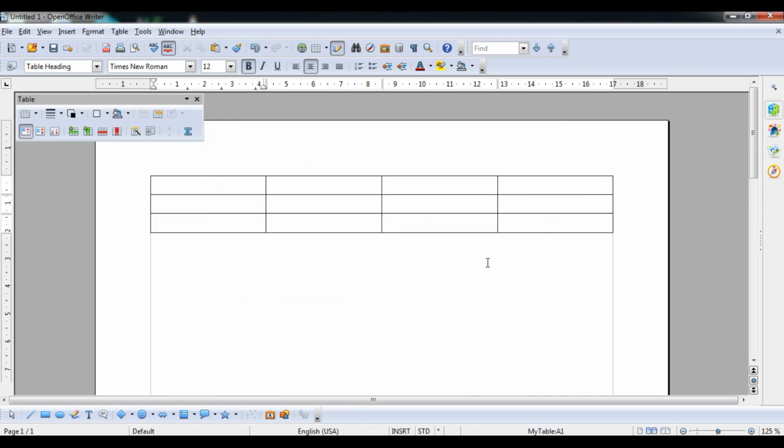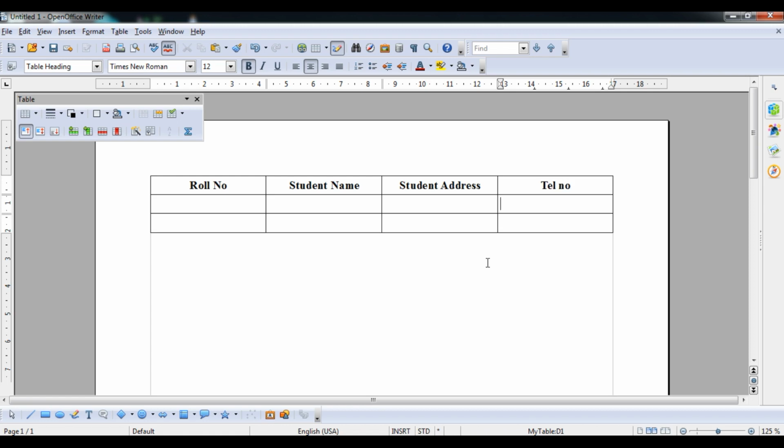So now you can see student, suppose the first column is roll number, second student name, third student address, fourth telephone number.